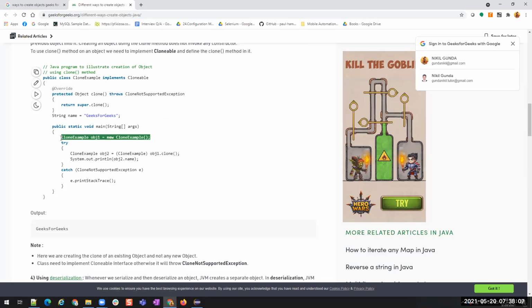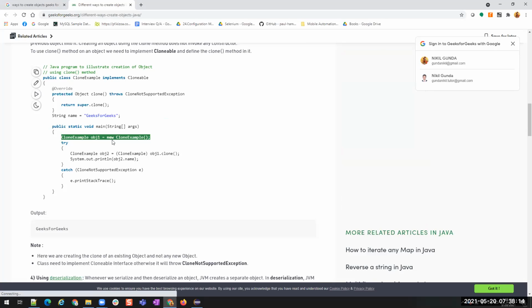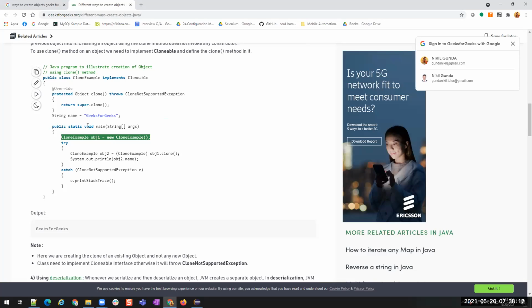We can simply create another object with the help of the new keyword, right? We can do that, but still interviewers will ask you, so I'm showing you this. You can create an object and use the clone method on it. This clone method comes from the interface Cloneable. There is some method already written there, and we have to override that clone method here. Without overriding it, you won't be able to create a clone object.